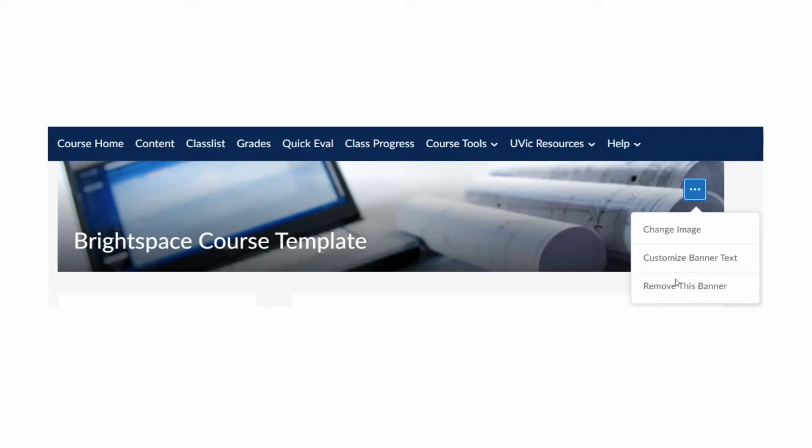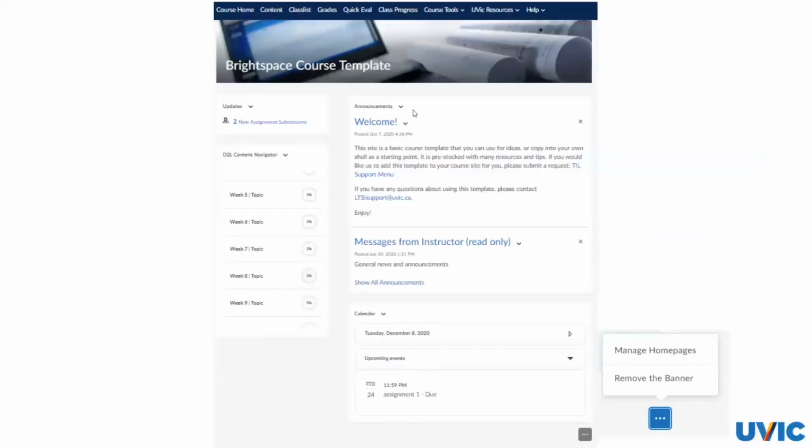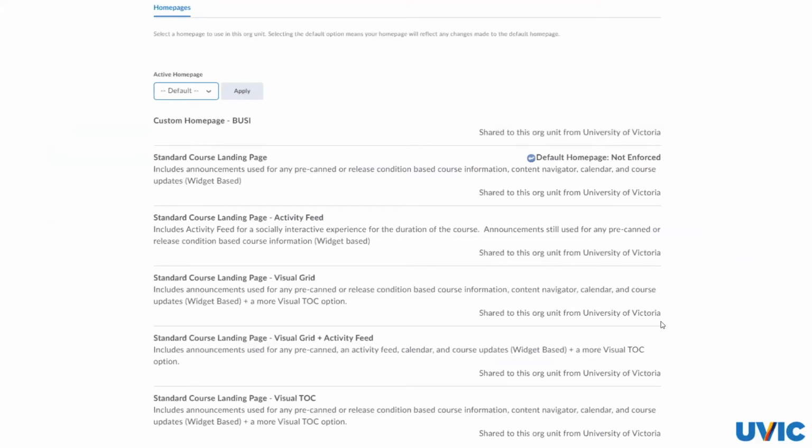also remove it. So if you want to change which home page you have, you'll select Manage Home Pages, and then you'll be greeted by this list here. This lists all of the home pages that are enabled within our instance of Brightspace and has a brief description beneath each for which widgets are enabled. So when you see one you like, you can simply select it from this drop down here and then click